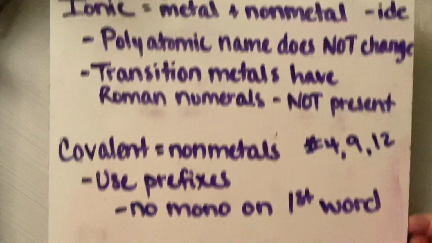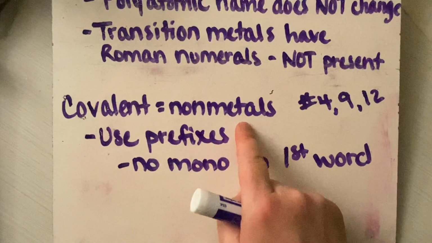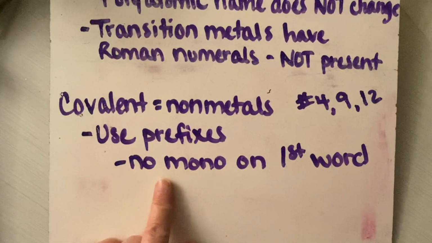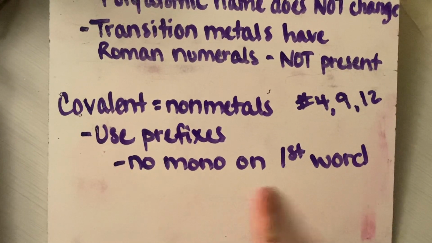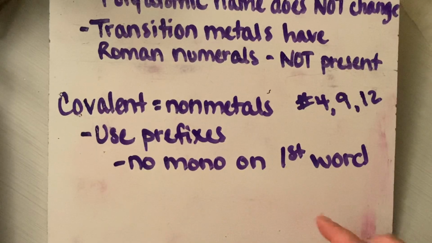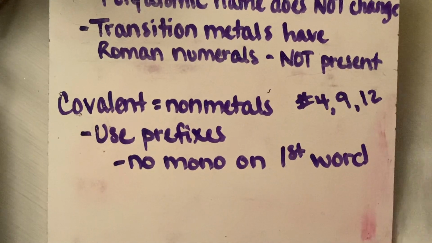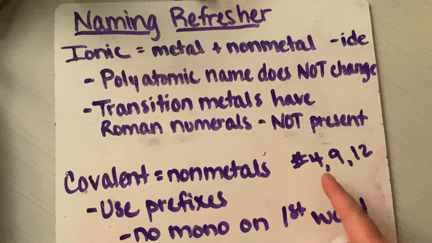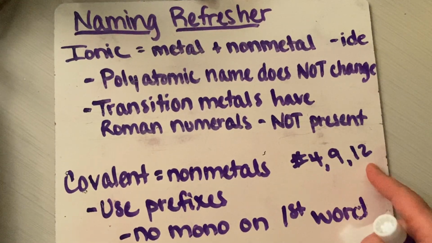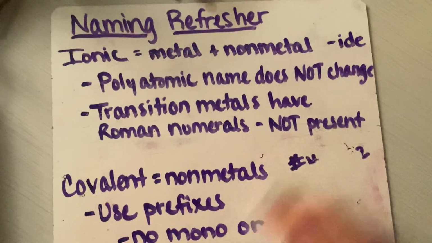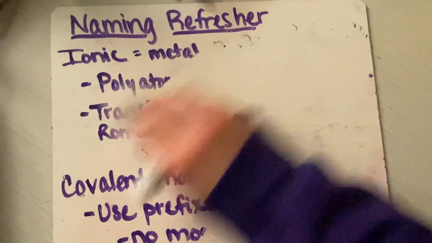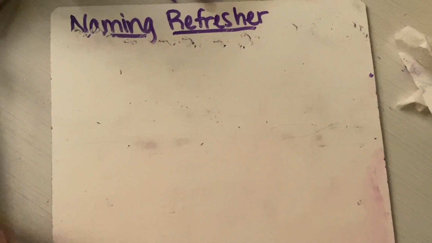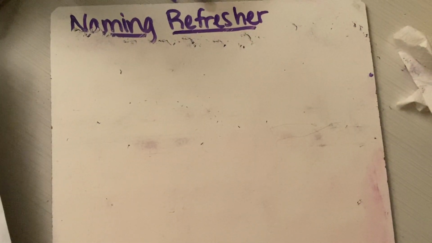Covalent bonds, remember, those are just nonmetals. You're going to use your prefixes, and there's no mono on the first word. Okay, so no mono on the first word. You will use mono on the second word in your covalent molecules. The covalents are present in number 4, number 9, and number 12 of this assignment, but it's not the entire problem. So a couple things you'll need to know if I do one of these with you. So if I do number 4